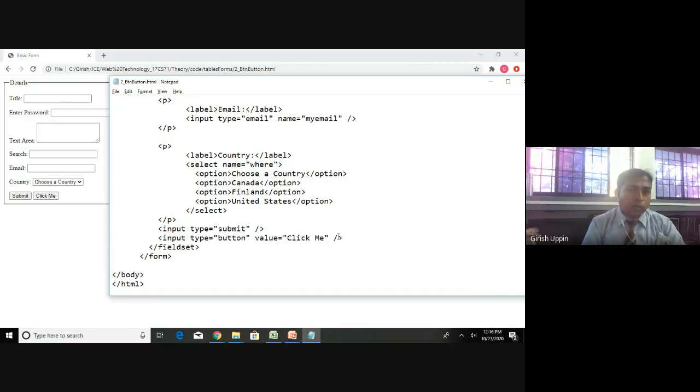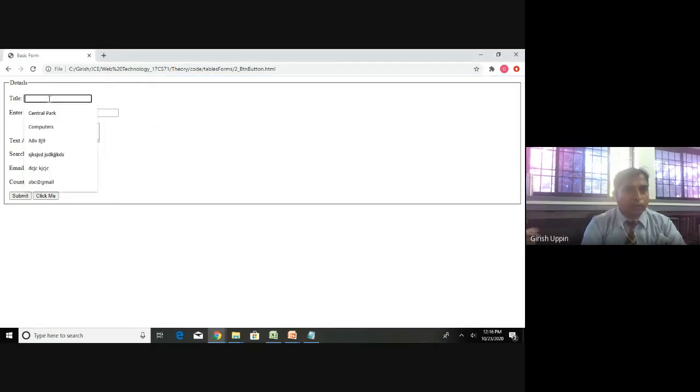Right now there is no action involved in it. This button doesn't have any action. It is not calling any JavaScript or anything. This particular button will not do anything. If I click on that, I will add some values here, and if I say click, no action is happening, means nothing is happening, because the click is not defined. You have to have an event for that click, then only you can do. For that you can use JavaScript, and you can have some kind of action.